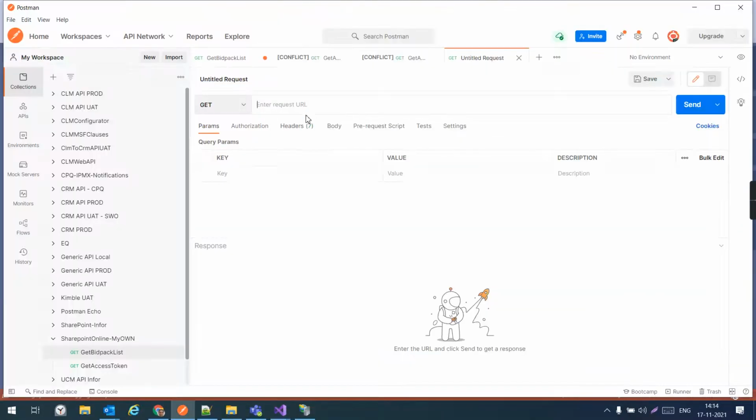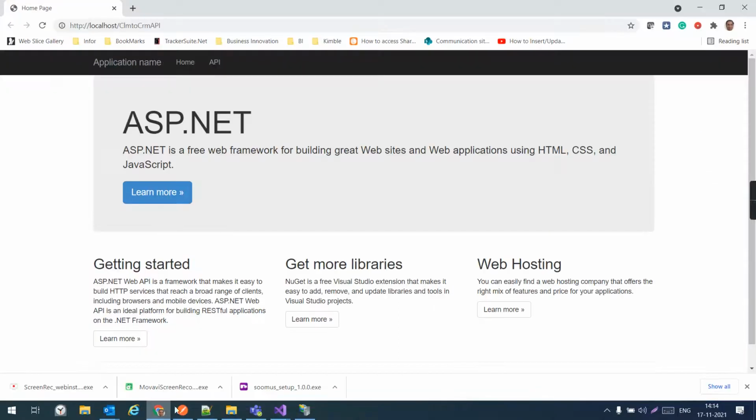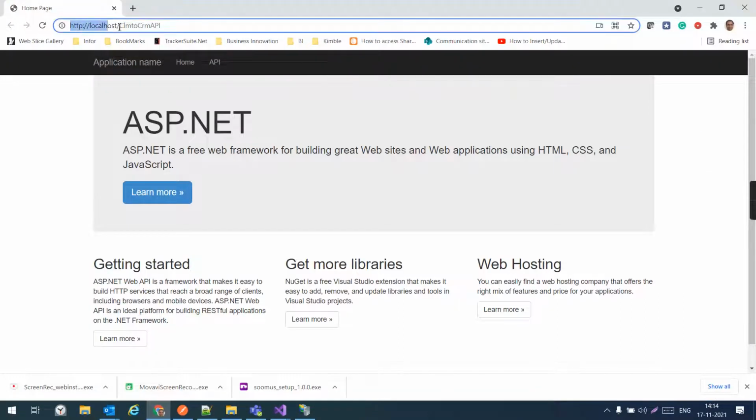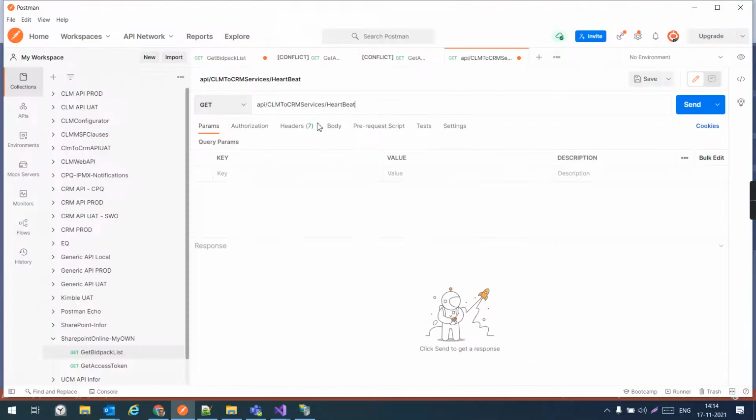Just select, and paste here, and before that, you need to put the localhost. So this is the actual application name, CRM to CLM API. So for that, just prepend this and put a backslash.